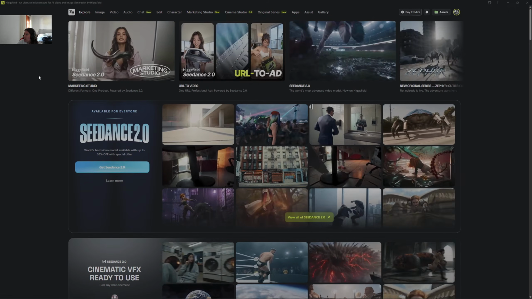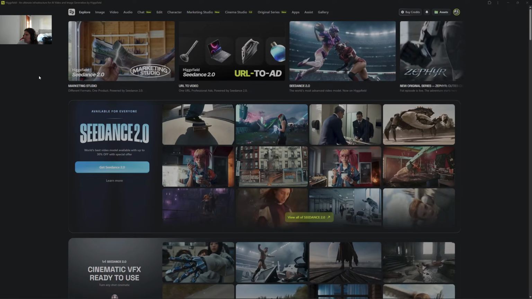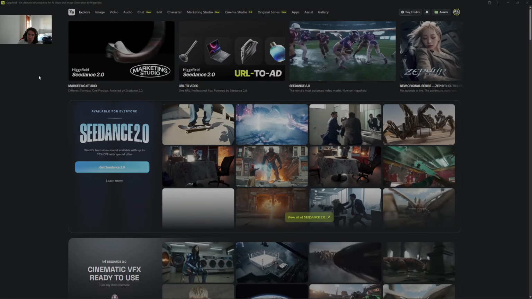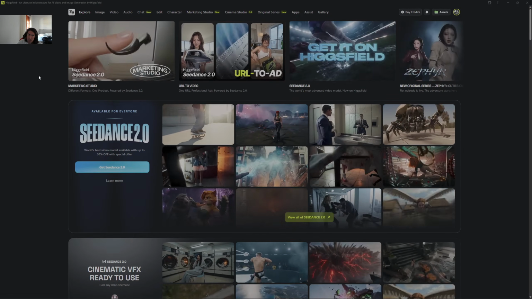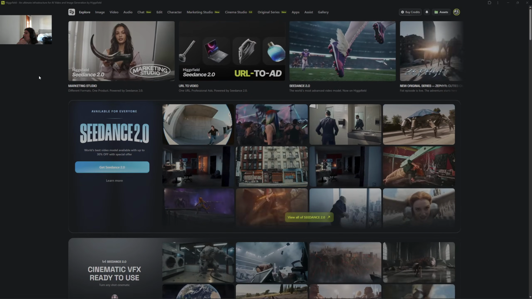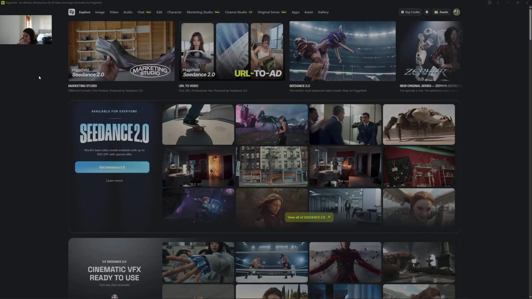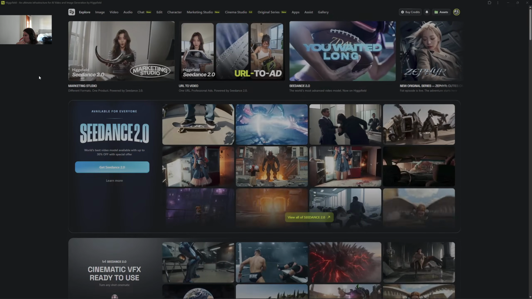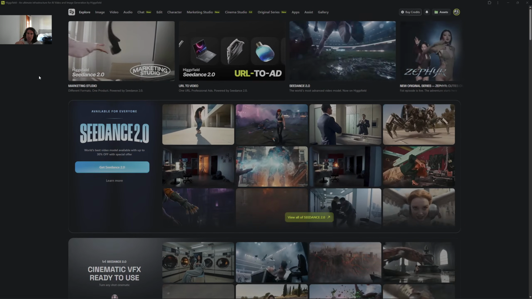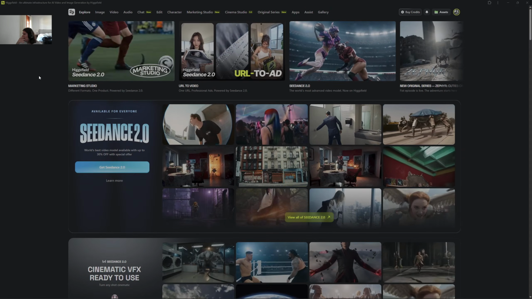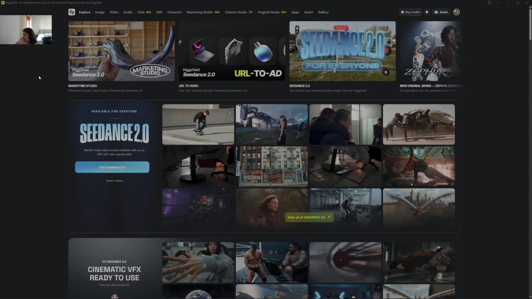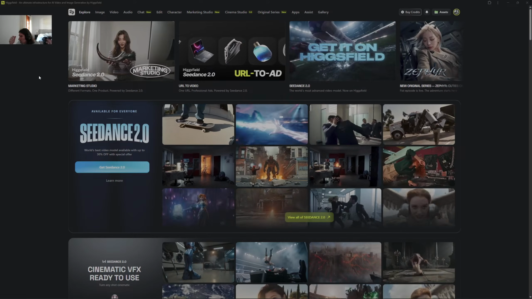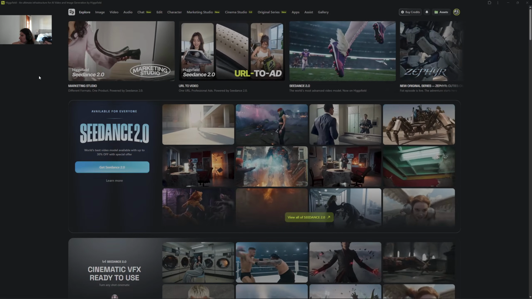So I was going to do something about Cinema Studio and Dance 2, but Dance 2 right now is a little bit iffy as of late. With certain things at the moment, sometimes it works and sometimes it doesn't. It's a bit of a 50-50. At times it goes well, and then it doesn't and it's just stuck in limbo, or it says the prompt was rejected.